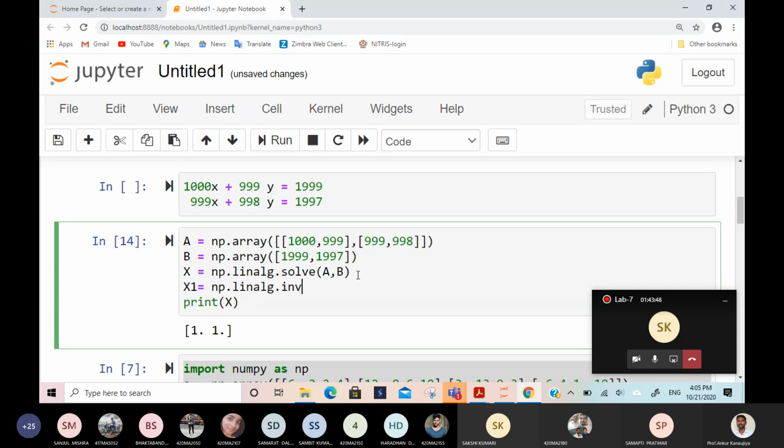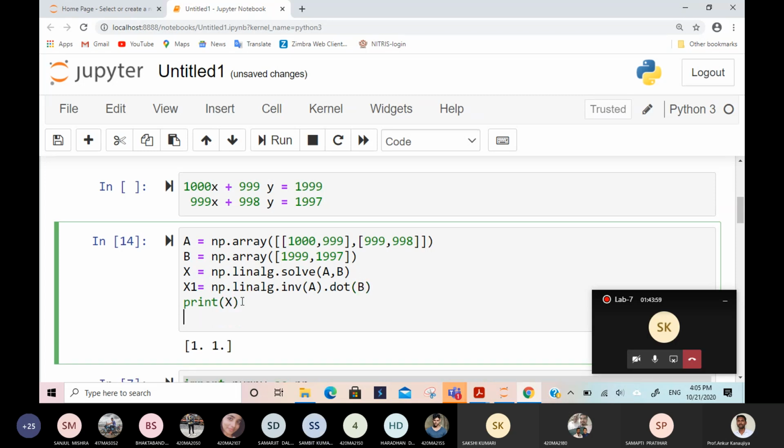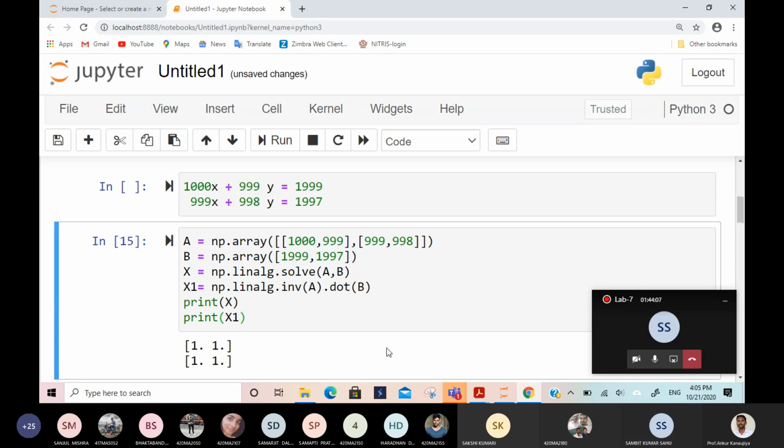This is the inverse of matrix A, then dot B, that means multiply by B. So I print x, and then x1 also. I'm getting 1, 1, because this is the row sum. If you take the first row sum, it is the right hand side, and the second row sum is written here. So the answer is 1, 1. If you put 1 and 1, the row sums are this much and this much.